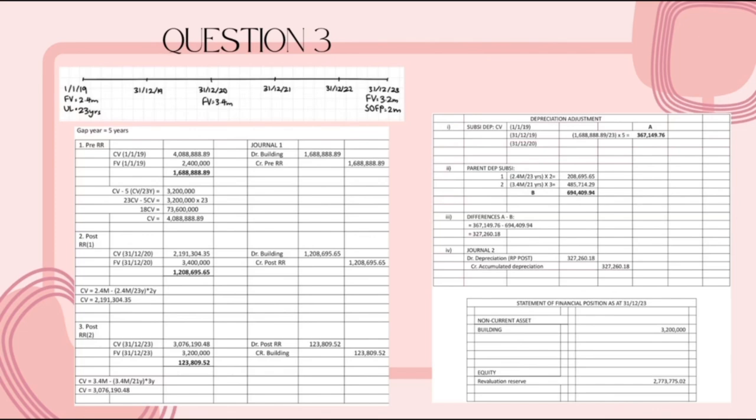123,809.52. Next, for the depreciation adjustment for sub C, we will take the amount 1,688,888.89 divided by 23 years times 5 gap years, we will get the amount 367,149.76. And then next, for the parent depreciation, firstly, we need to calculate the first post RR, which is 2.4